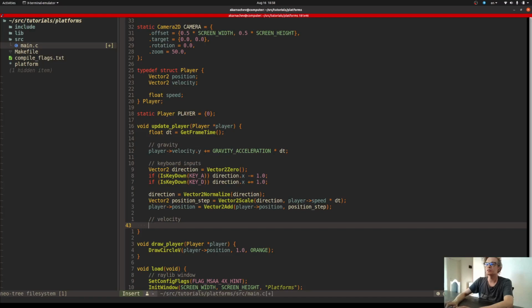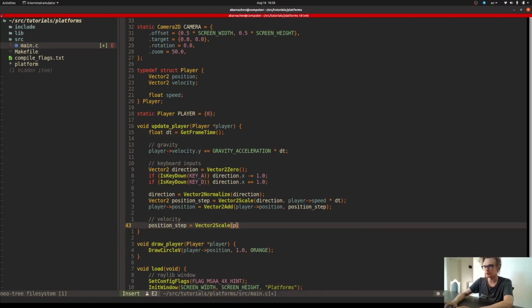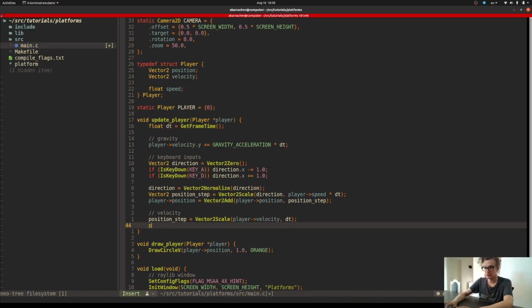Let's say that another position step is equal to vector 2 scale. Let me take the player velocity and multiply it by delta time. Yes, so if we factor out time from the velocity, we basically obtain position step, and we can